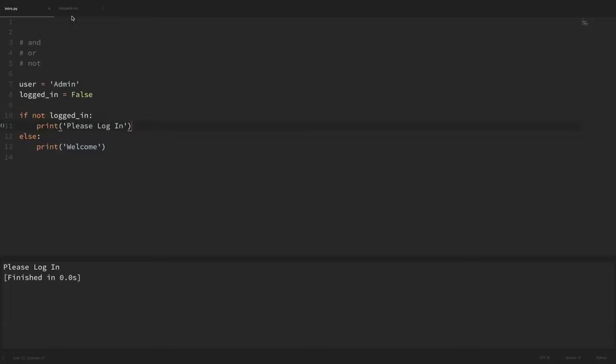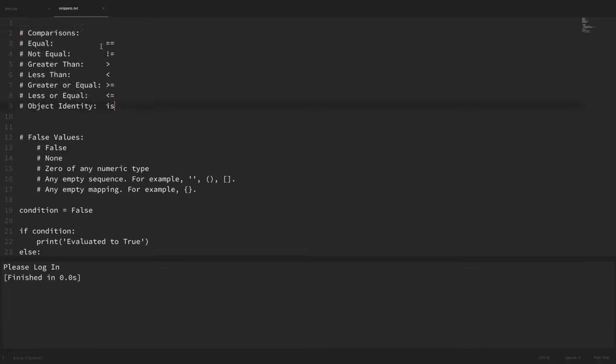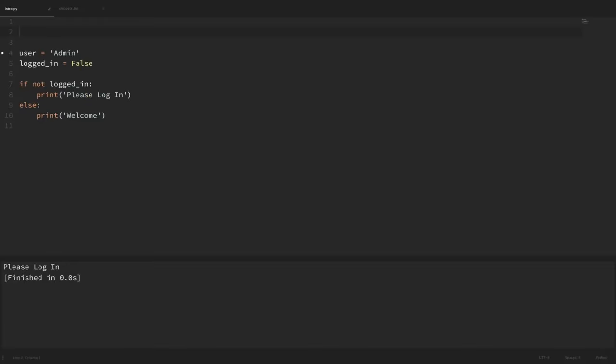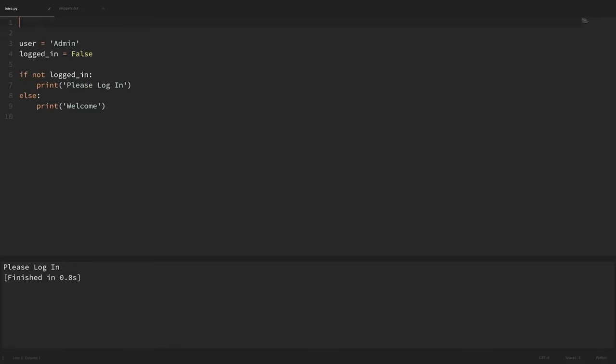So when I had the conditionals pulled up here as a reference before, we remembered that we had object identity with this is keyword, and I said that we'd look at the difference between that and the double equals, which tests for equality. Now, like I said before, object identity tests if two objects have the same ID, which basically means if they're the same object in memory. So two objects can actually be equal and not be the same object in memory. So for example,